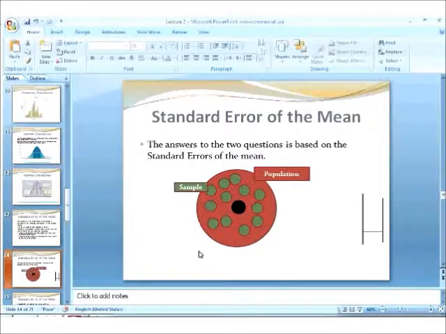Let's say this orange or red circle over here represents the population. Now when we talk about population, that does not necessarily mean the population of the whole world, or the whole universe. It could be a class. The class could be the population. Like, let's say 10 values that we collected, we are calling it the population. Then out of that population, I can draw out small